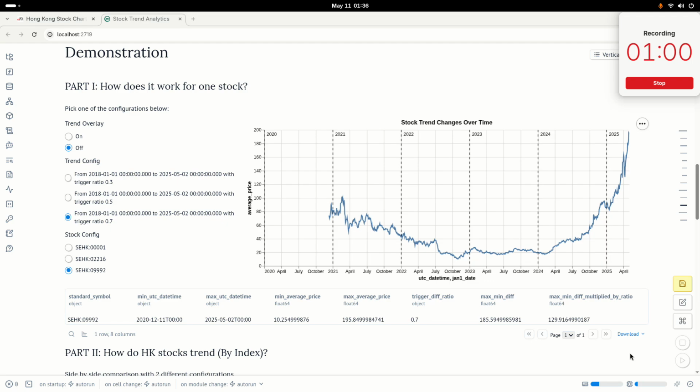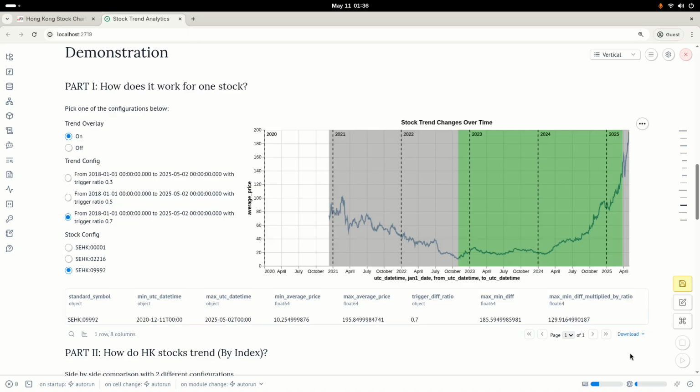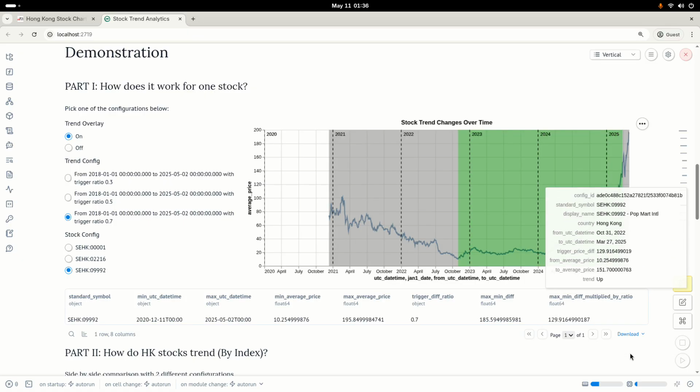Using our human eyes, we see that it trended firstly downwards in the first half of the graph and then trended upwards until the end. And then when I turn on the trend overlay, we see that it highlights a green area, and when we hover over it, we see the trend, which is up. It highlights it as an uptrend, and the way it does it is to see